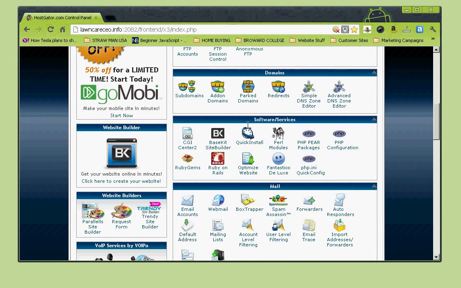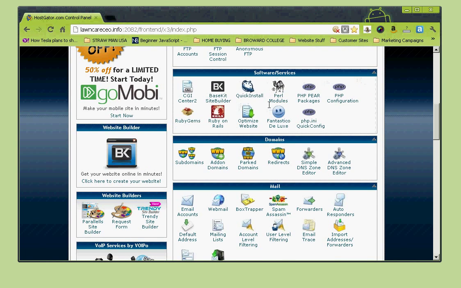Here's your mail. Software and services. Now, when you're looking for a hosting company, one of the things you want to look for are freebies. Lots of freebies. And with HostGator, they give you, as you can see here, software and services. This is Ruby on Rails that works with the Ruby framework. It's like a Ruby framework, Ruby gems, which is code from Ruby. We have Perl modules over here. PEAR is available to you. You can configure your